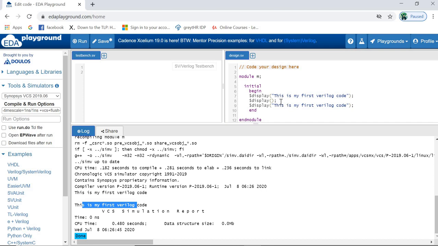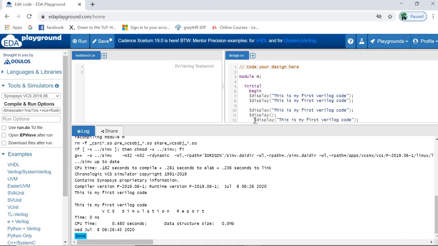So earlier what we can do is Ctrl+C, delete these things from here and paste here.